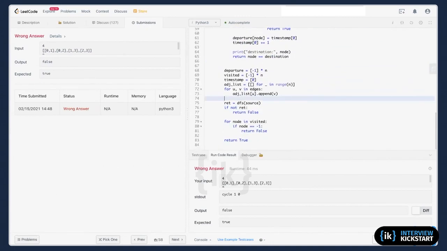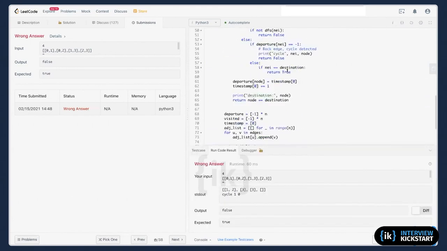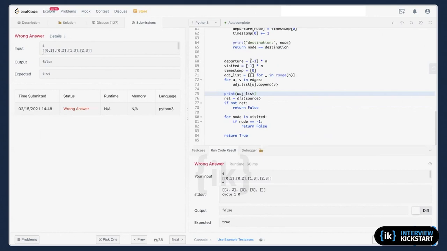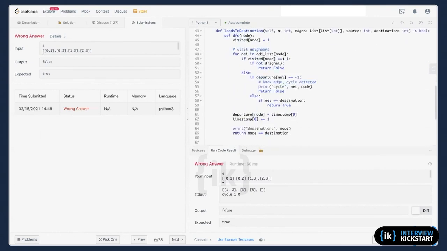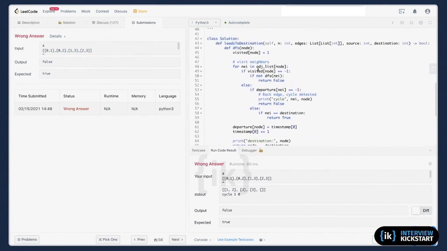Okay, interesting. Let me print the adjacency list. Oh, I don't have enough time now. 1, 2. I give -1, huh? Give -1. Why is it not working? This is node -1. If not, like this.